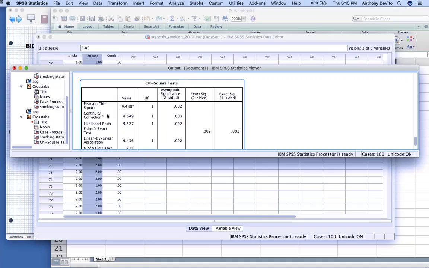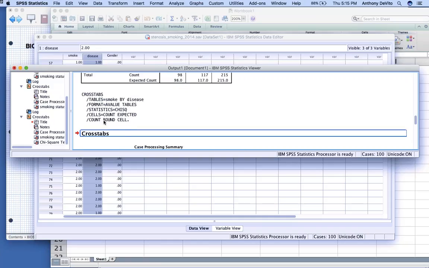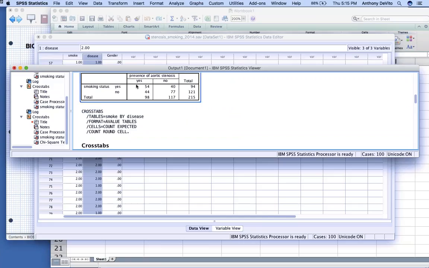Okay, so now you'll notice that there's something else here called continuity correction. The deal here is that when you have a 2 by 2 table, when I calculated my observed values, I got whole numbers. Why did I get whole numbers? Because there's no way to have a fractional person. When you're counting real people, it's always going to be a whole number, right? In other words, when you do your observed values, you're never going to get a fraction. But the real prevalence might be a fraction. In other words, in reality, in the expected values, it really might be 45.3 out of 100 rather than a